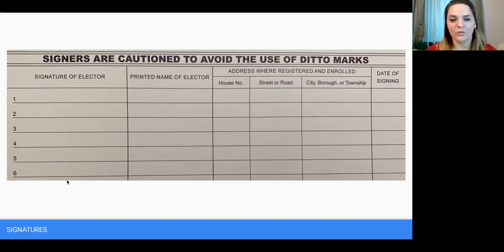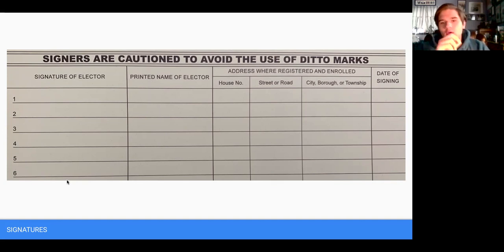Also, a common mistake for people when they're signing these is that when they're going through and writing their address on the right-hand portion of the sheet, they just keep writing their address. So instead of the date, they put their zip code. They don't need their zip code. The information for their address is sufficient in the columns that are provided. It has to be the date. So if they do mess that up, first of all, it's something to watch for. And second of all, if they mess it up, one line strike through is sufficient to move on to the next line, because you don't want your whole page thrown out over a silly mistake, basically.